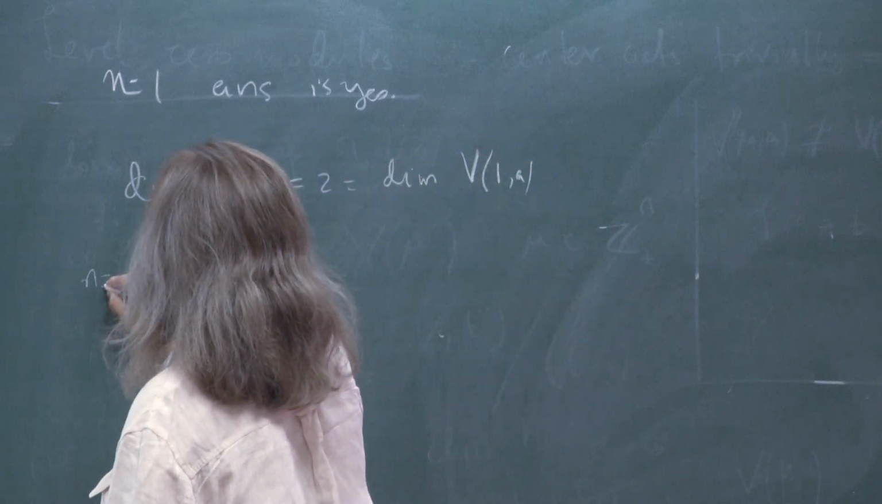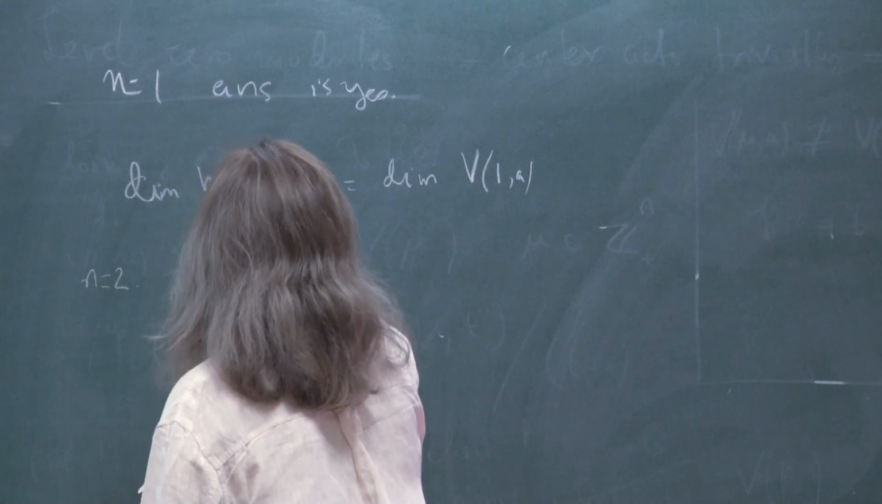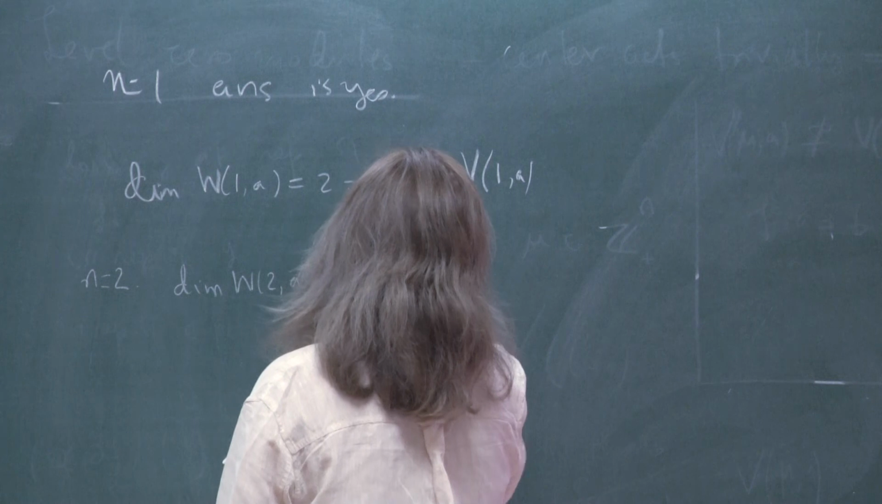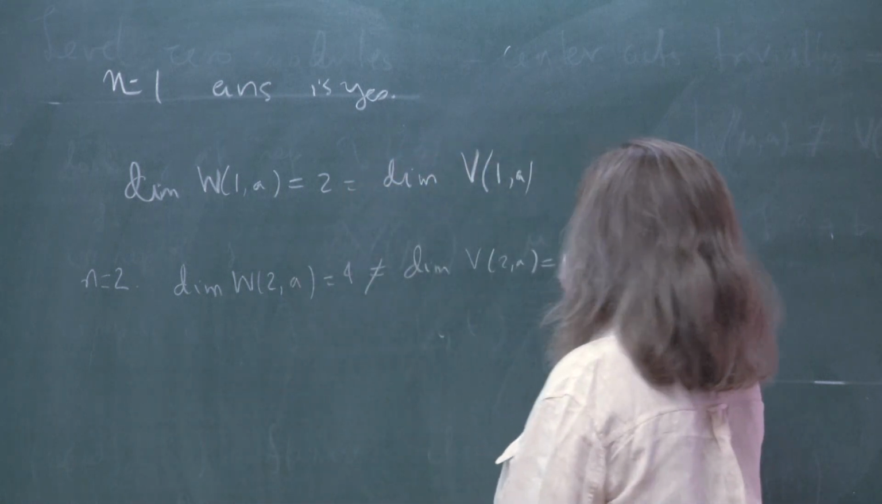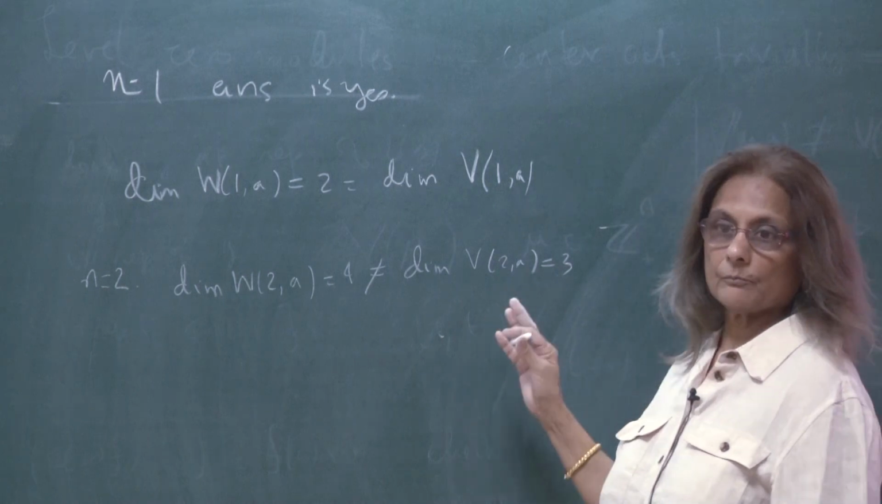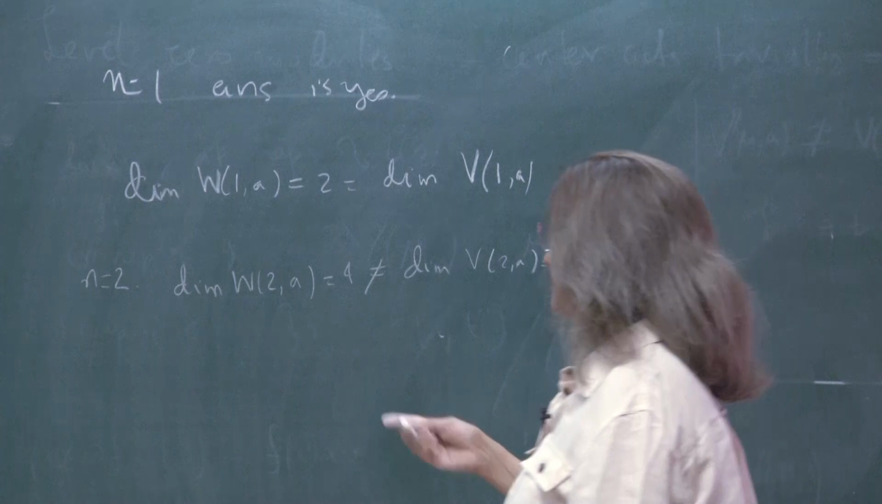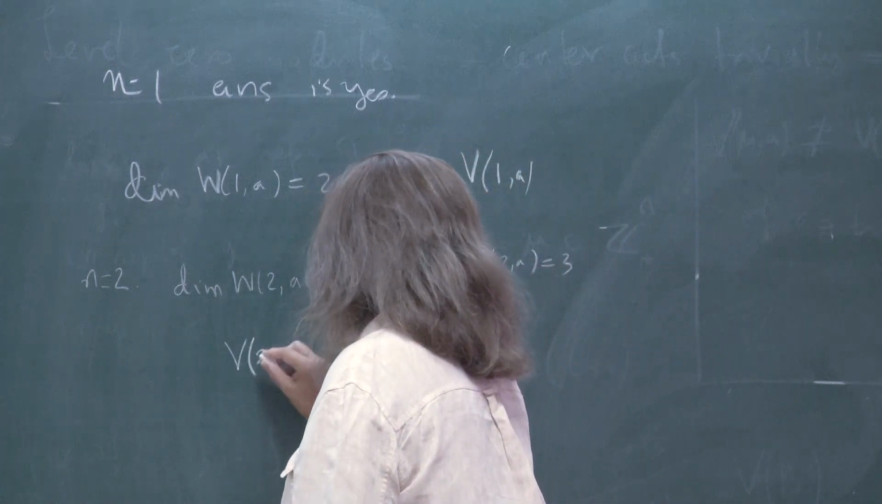If you take n equal to 2, then you can prove that the dimension of W2A is equal to 4, not equal to the dimension of V2A, which is equal to 3. And the only way you can prove this is by constructing a specific example. Or you could just look at my favorite example, which is